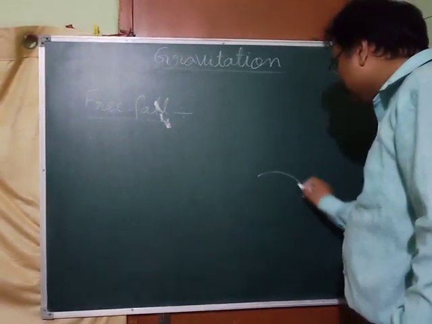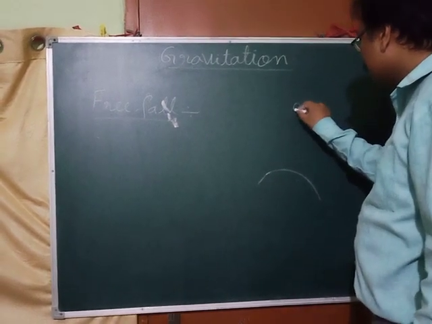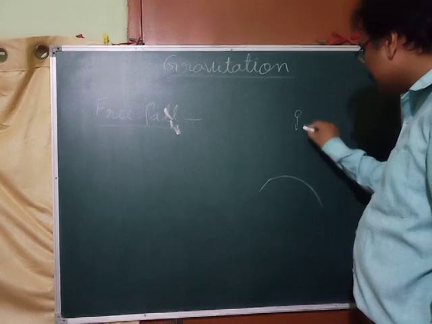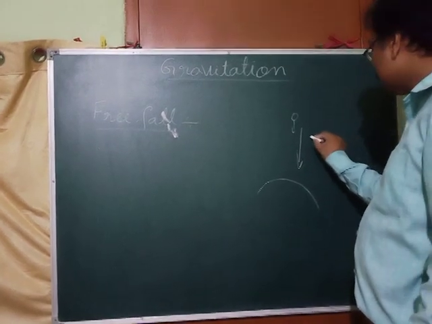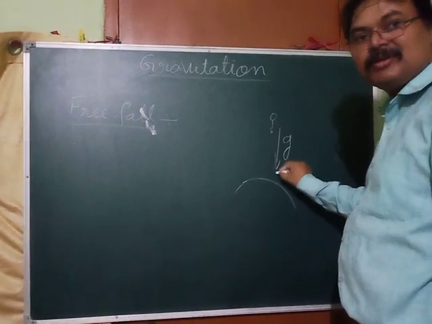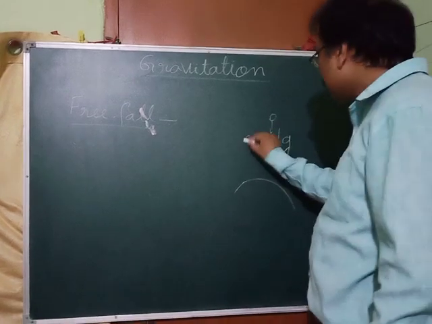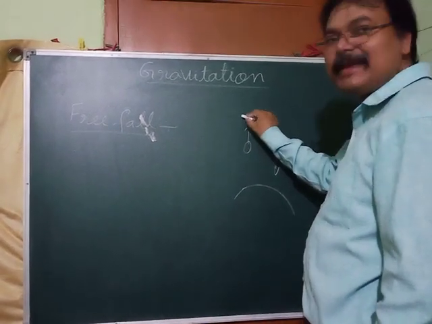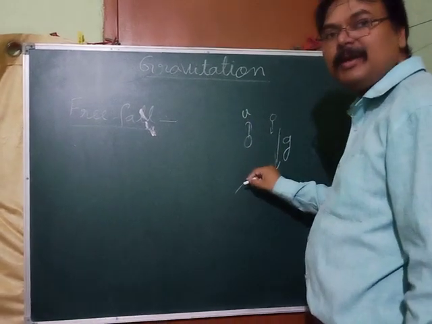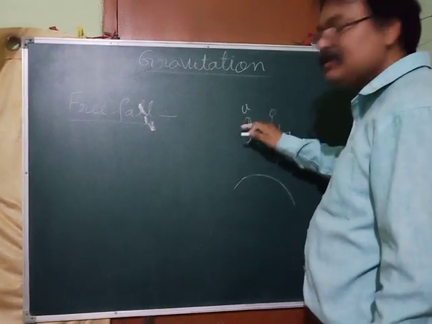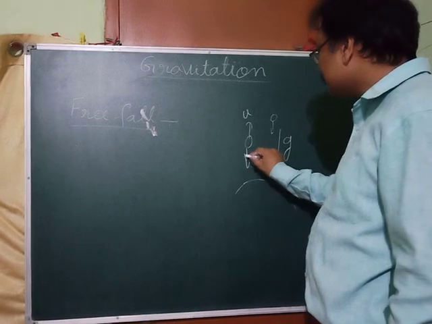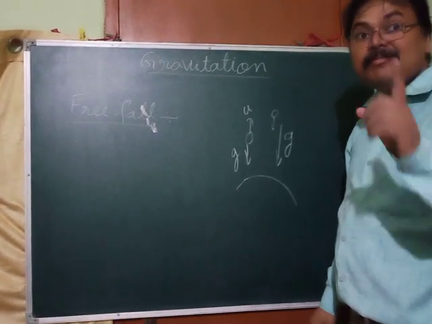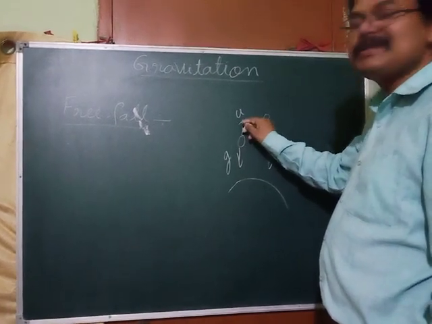Okay, now when a body is falling freely, what happens? This is earth, this is the object, it is going to fall. So it is exerting force in which direction? It is attracting, so acceleration due to gravity, g, is acting in the same direction. Okay, when you are throwing an object, your velocity is in this direction. It is the initial velocity in this direction, but acceleration is acting in which direction? This direction. Both directions are opposite, and remember, the direction of motion is always taken positive.